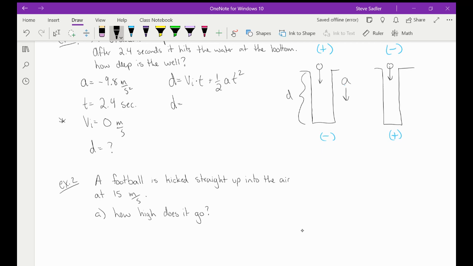So d is equal to 0 multiplied by 4.25. This formula is really nice for anything starting at rest, because that whole first term is going to disappear. Plus 1/2 negative 9.81